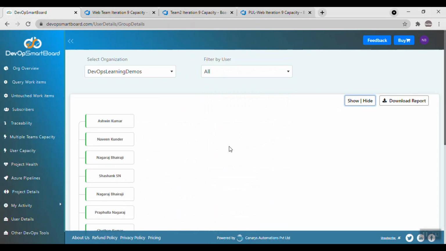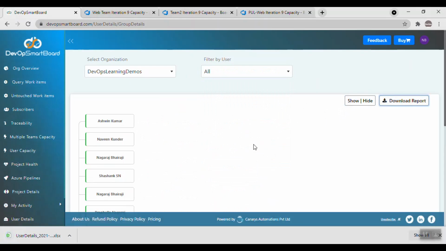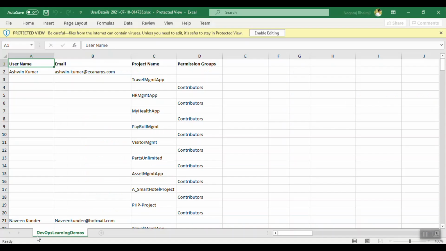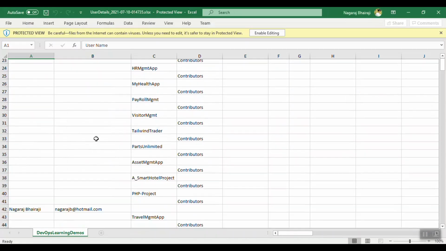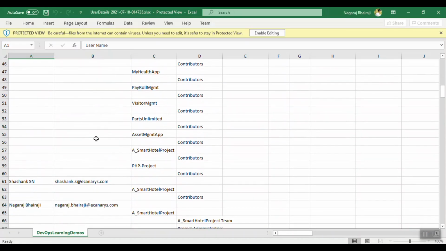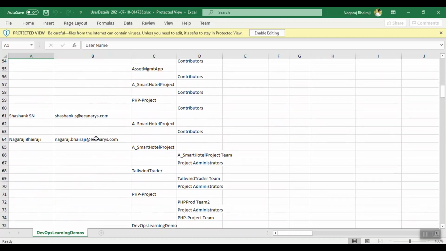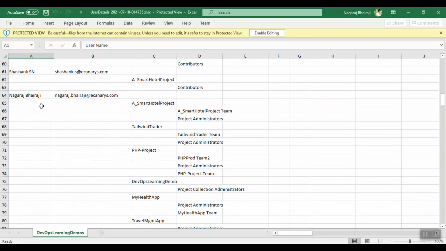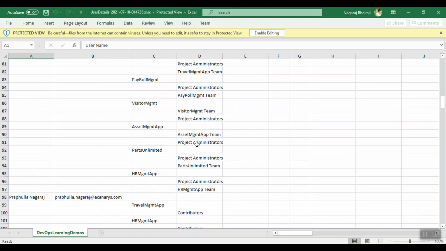And also if I want to see this data in an Excel file, maybe I want to just download it and view it later, whenever I want, there's a download report option, so I can click on that and download the report. This gives me the same hierarchical level of data, with the user, the email ID, the team project names, and what permission the user has.